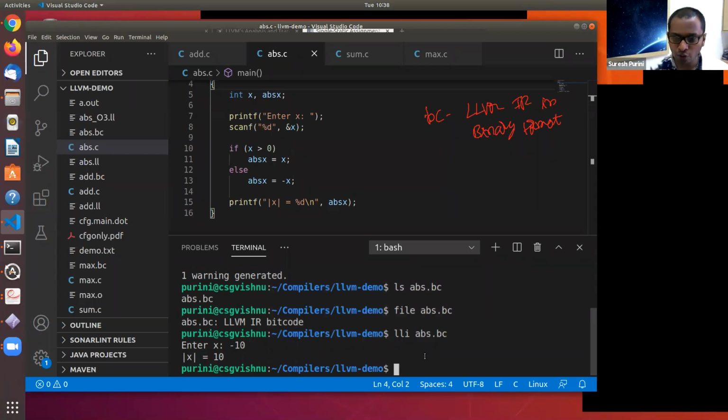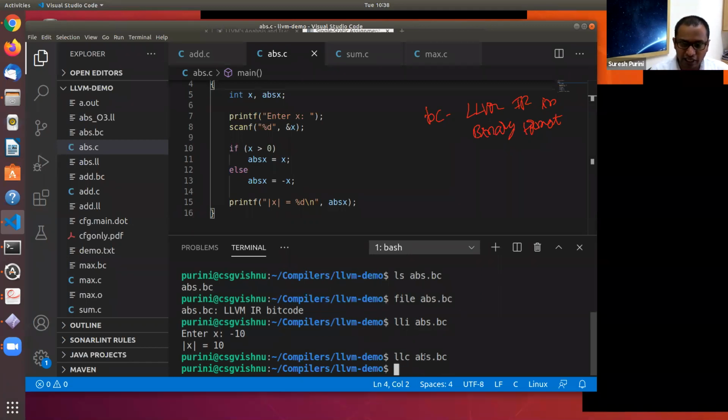So that is one thing. And let's say if you want to take this .bc file and generate the assembly code, then we can use a code generator component, that is LLC. If I say llc abs.bc, then it generates an abs.s file.